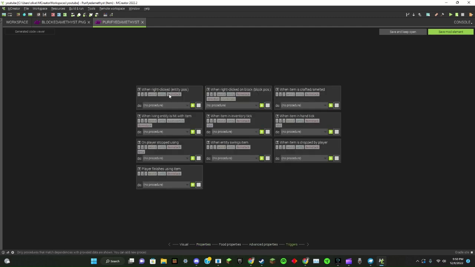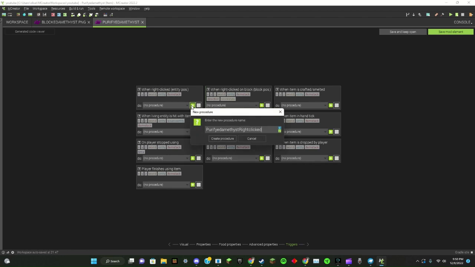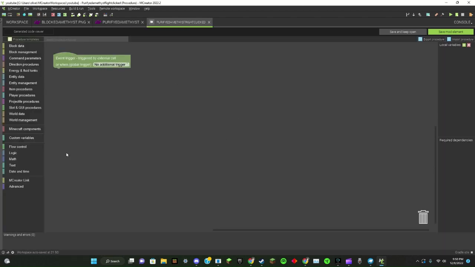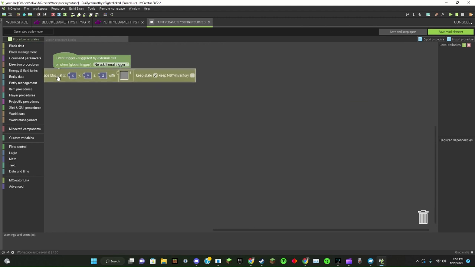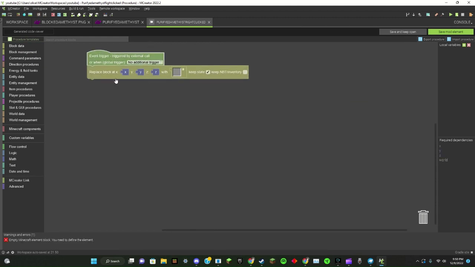Then if I go over here to the purified amethyst thing, I can change properties, or I can go into triggers actually. This is the main way to make functions. You just go over here, click the plus in triggers, create procedure. Now you can go through these. I'll just use this and right click, replace block at that with